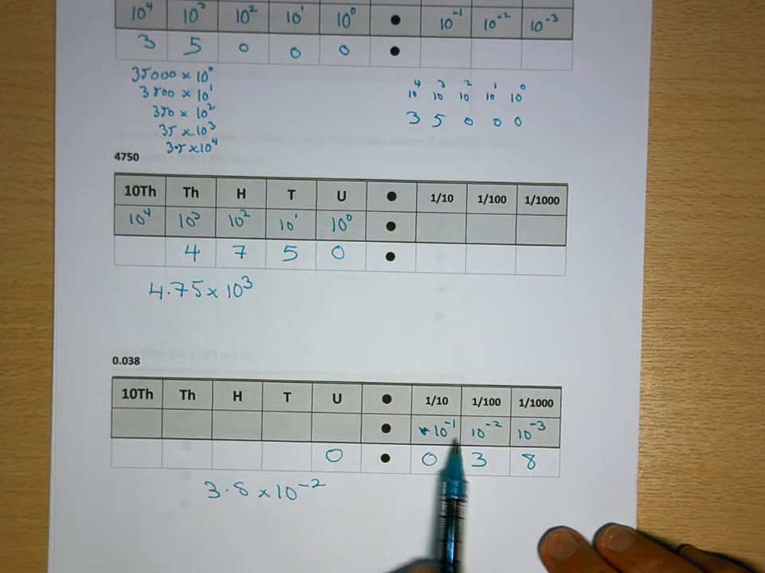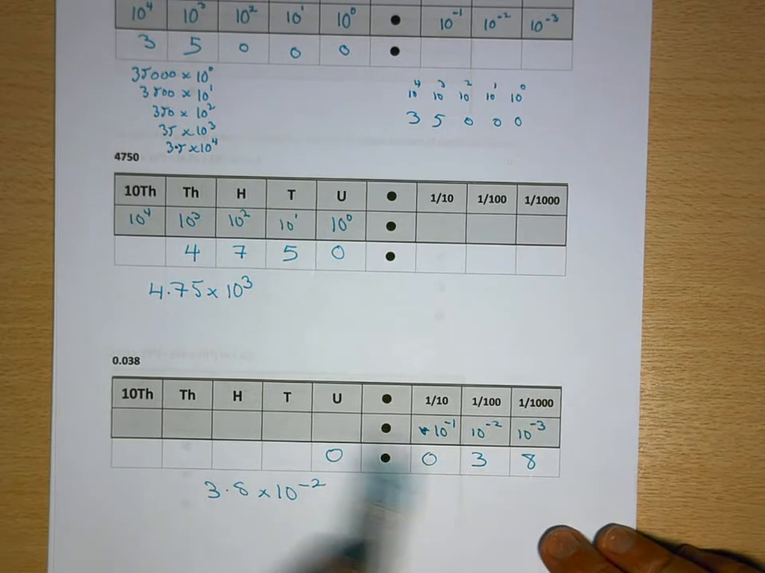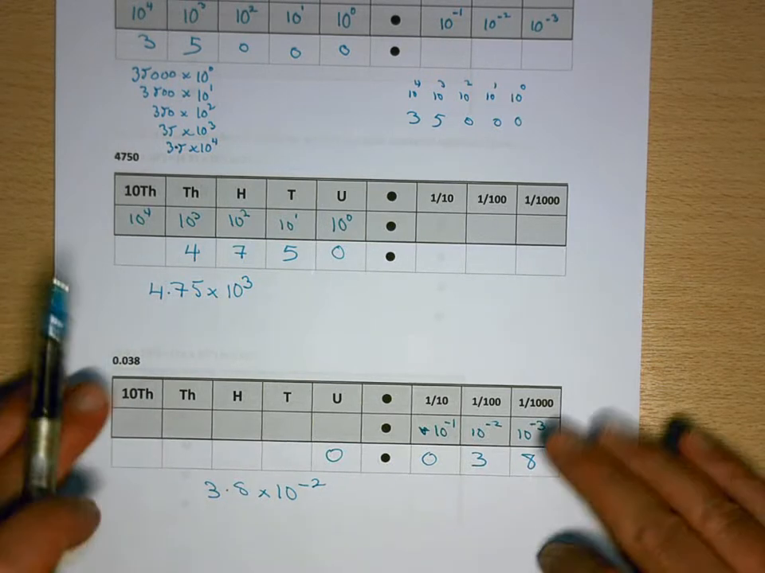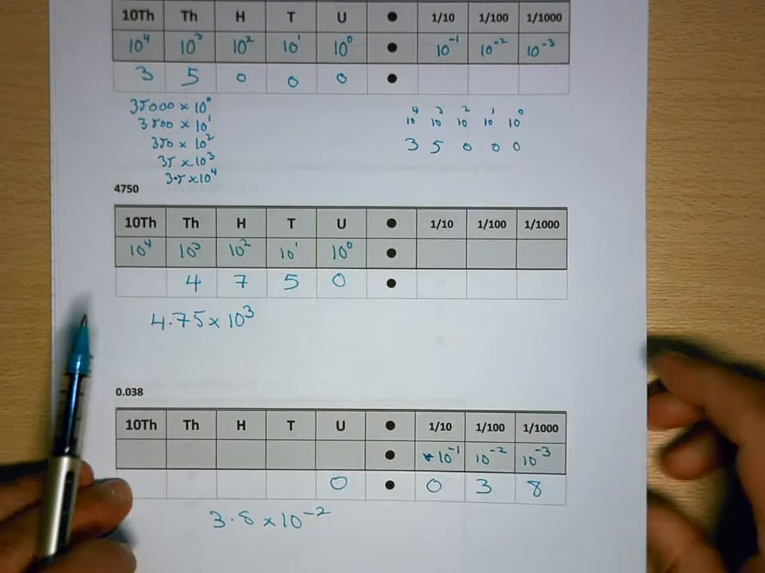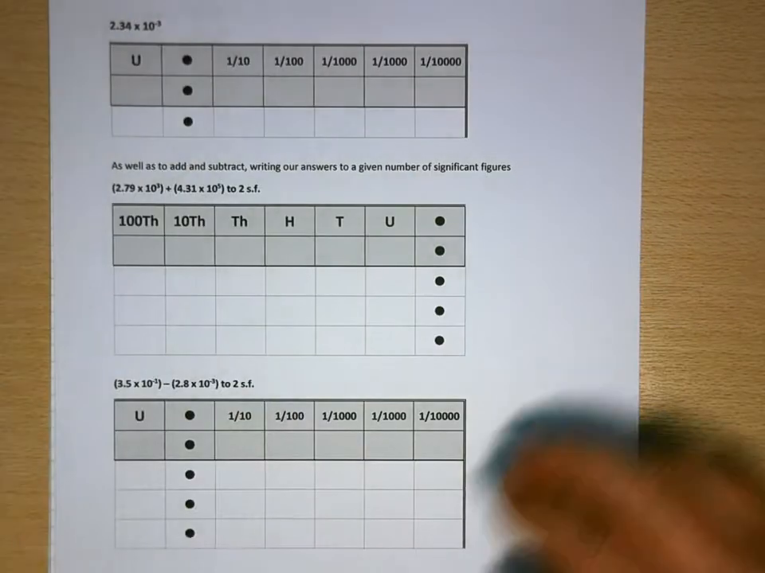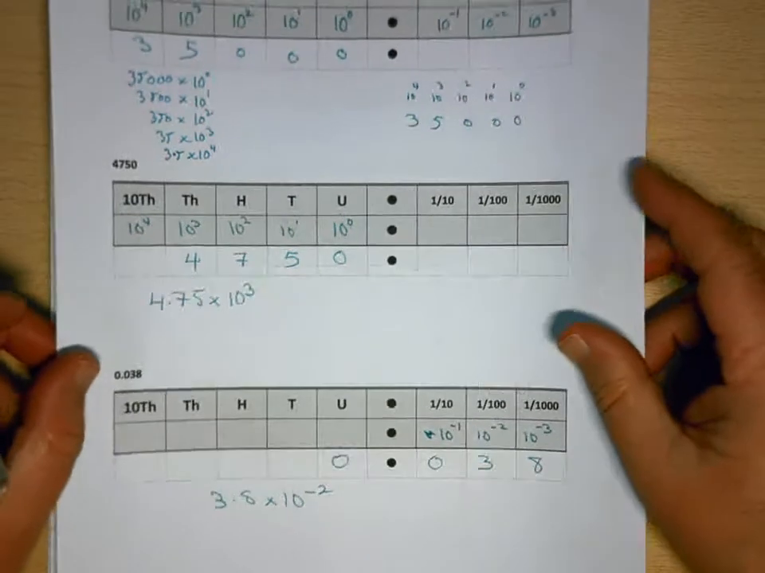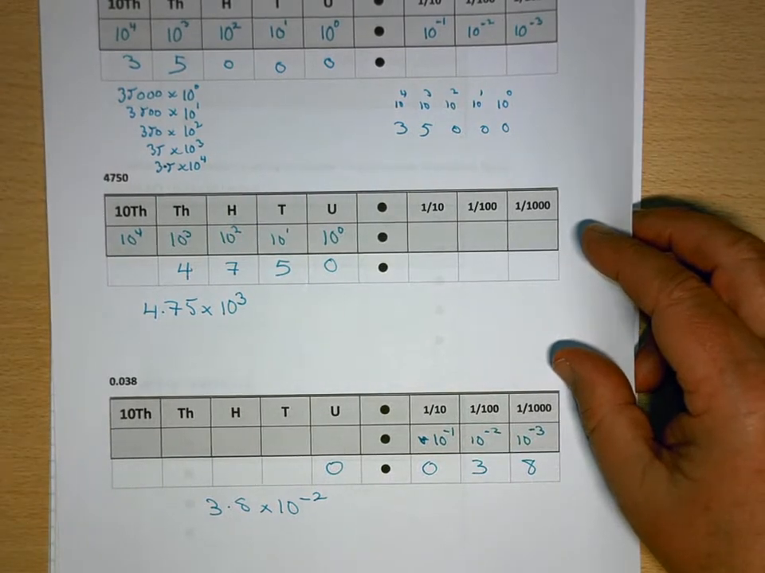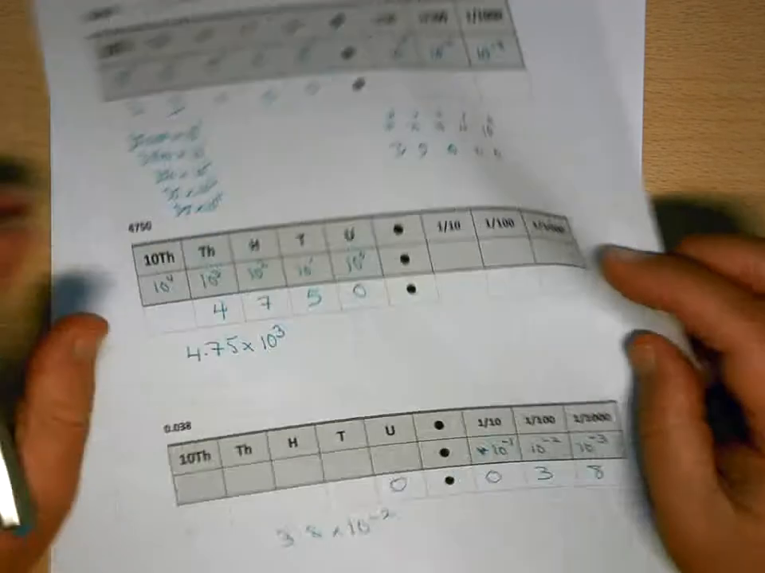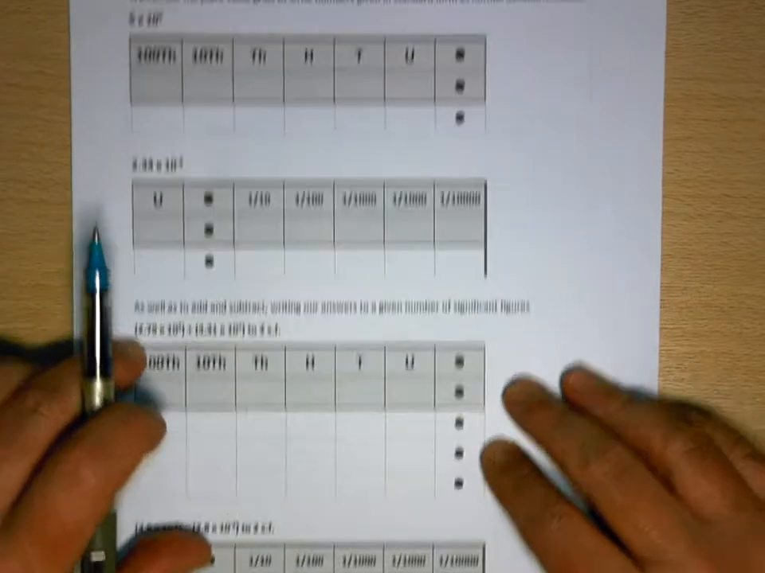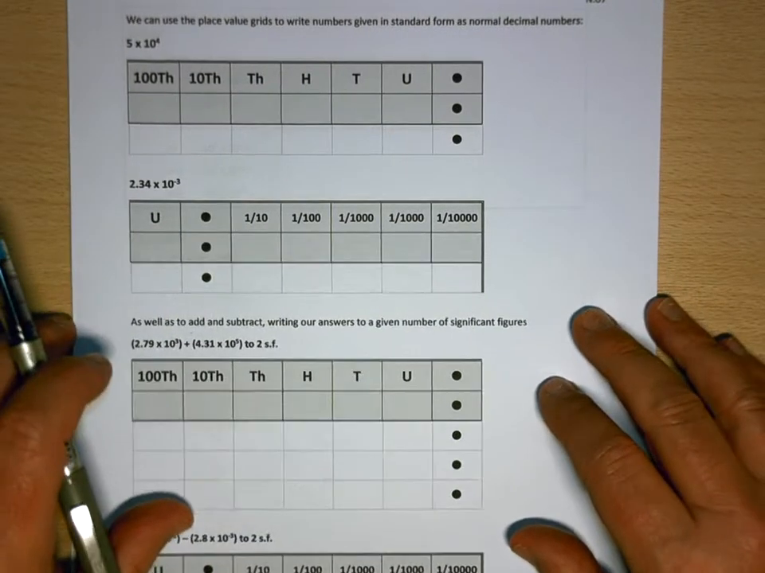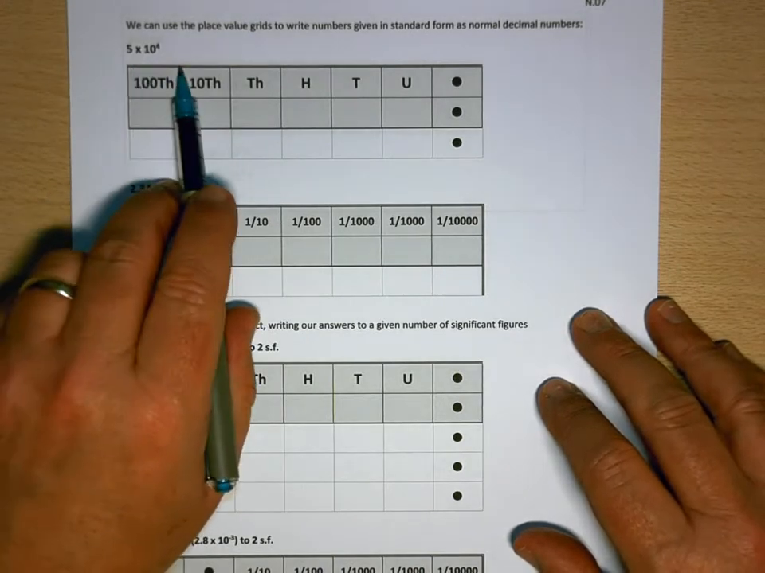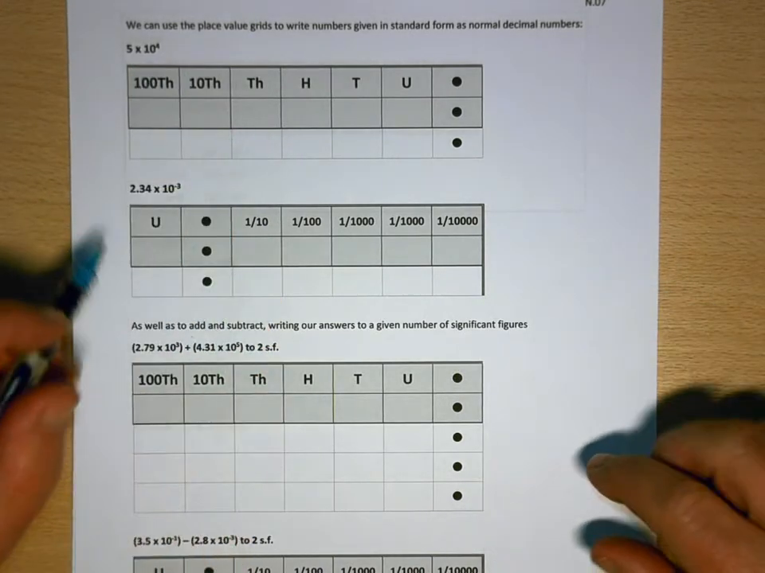So just get your powers, your columns, your tens, units, tenths, drop the number in, and then read it off. It's as straightforward as that. So those 3 examples are where you're given numbers written in normal decimal form and you're turning them into standard form. The other skill that you need to have is to be able to go the other way,